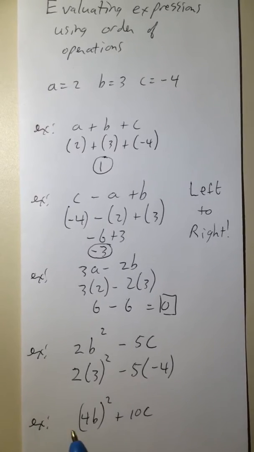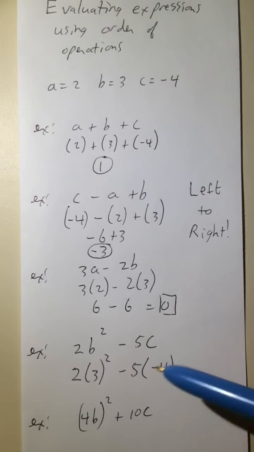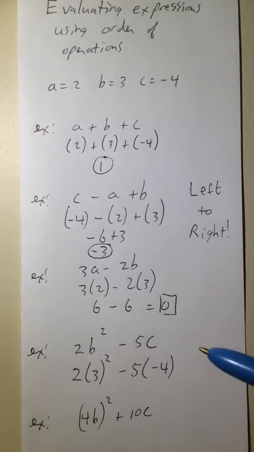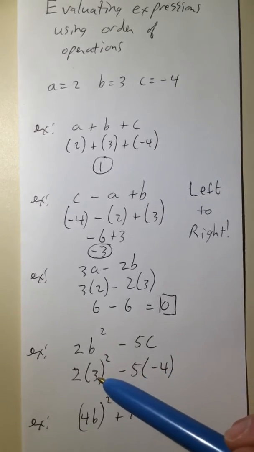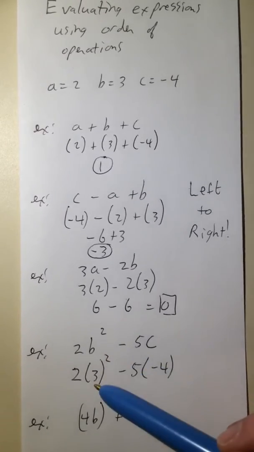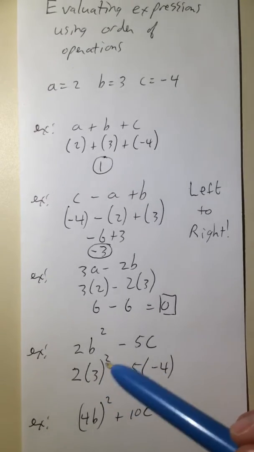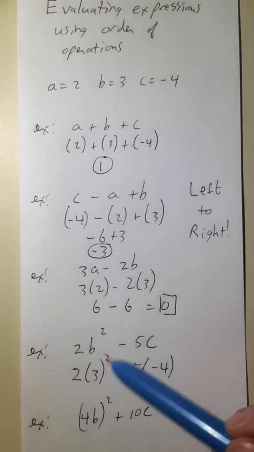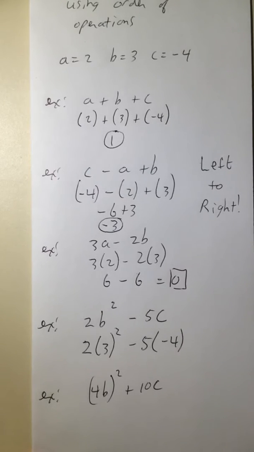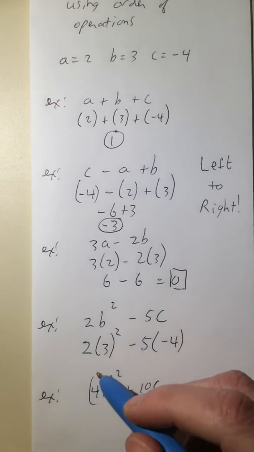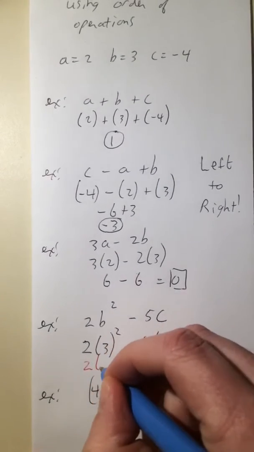As we go through this, we need to make sure that we are doing order of operations. Start with parentheses, but that means inside the parentheses. There's really nothing to do inside these parentheses. They're just numbers. So we move on to exponents. Here we have one exponent, so we're going to do 3 squared. It's a common mistake to do 2 times 3, which is 6, and then square that, but that's not the right way to do it. Square first. So, let's write it in a different color to keep it separate from the other thing. 3 squared is 9, so we're going to write 2 times 9